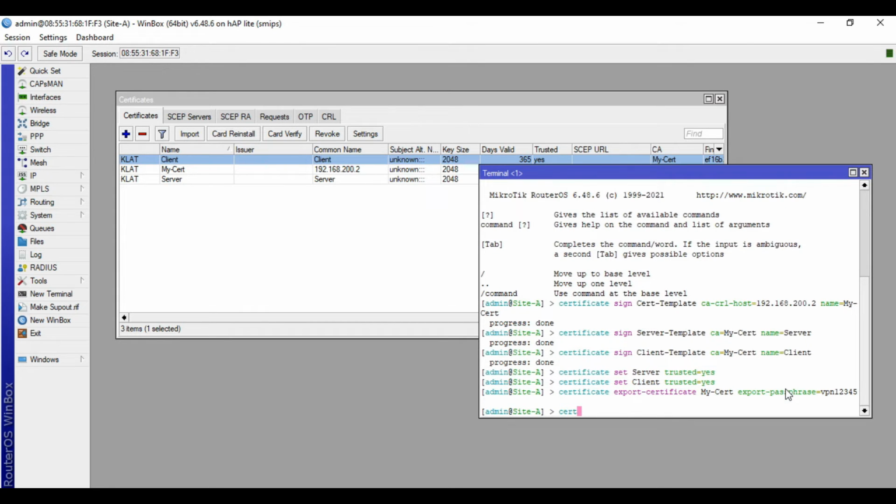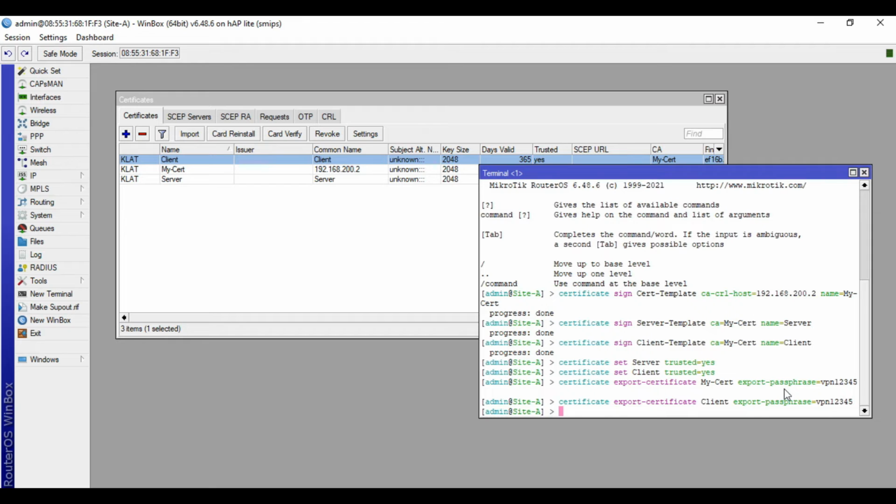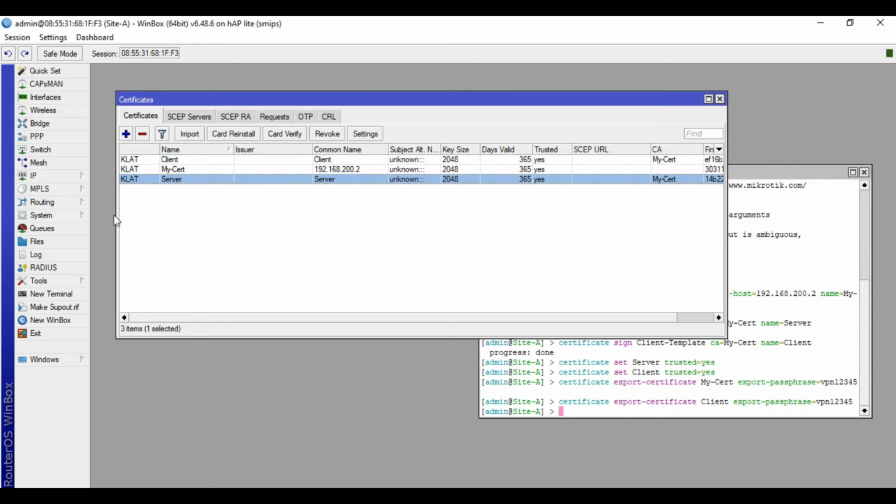Let's do it again for the client certificate. Client, export, passphrase 1, 2, press enter. You will see the exported certificates in the file list.